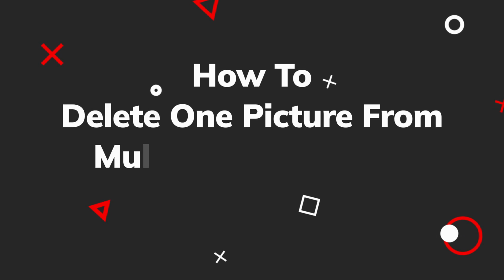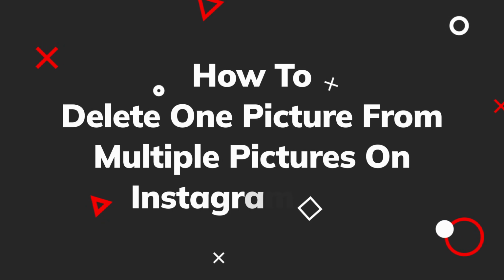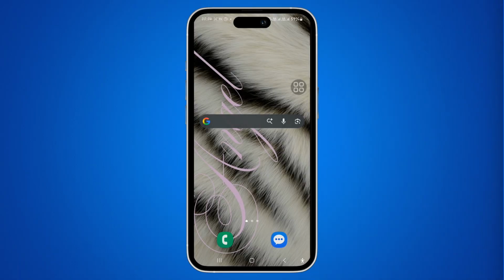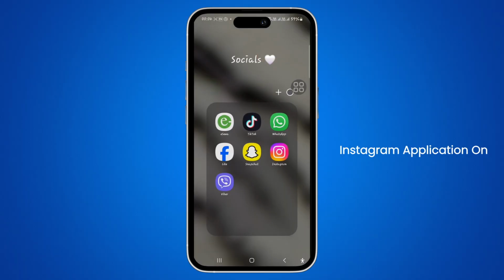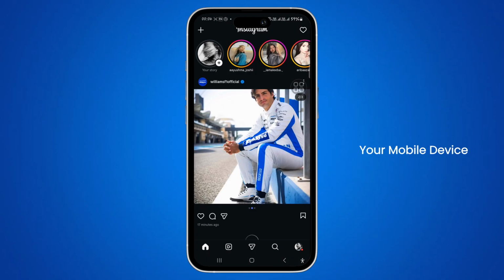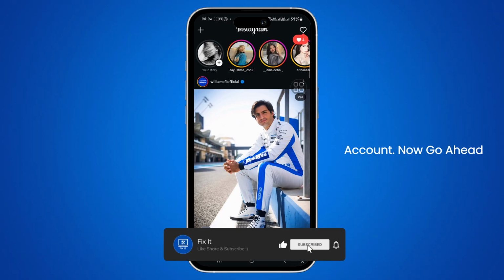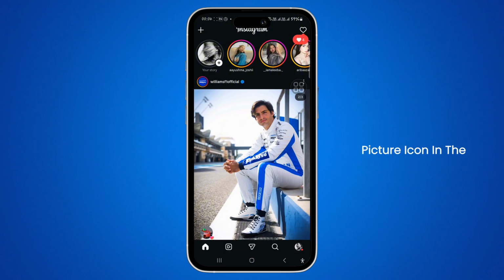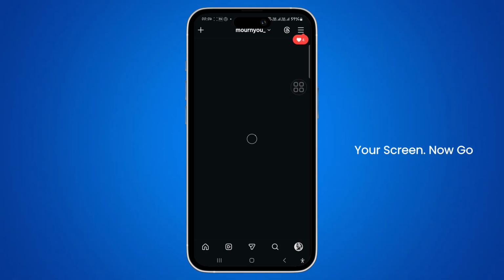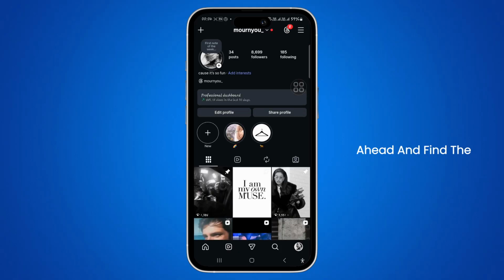Here is how to delete a single photo from a multiple photo Instagram post. For that, you need to go ahead and launch your Instagram application on your mobile device and log into your account. Now go ahead and open your Instagram profile by tapping on your profile picture icon in the bottom right corner of your screen. Now go ahead and find the post with the multiple photos that you want to edit